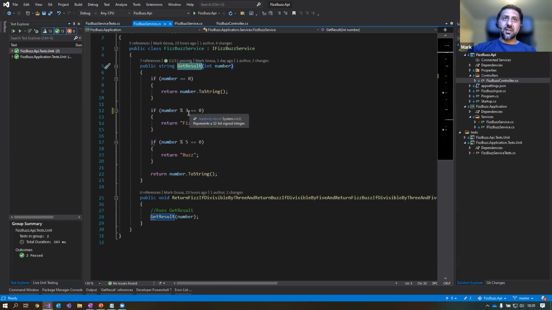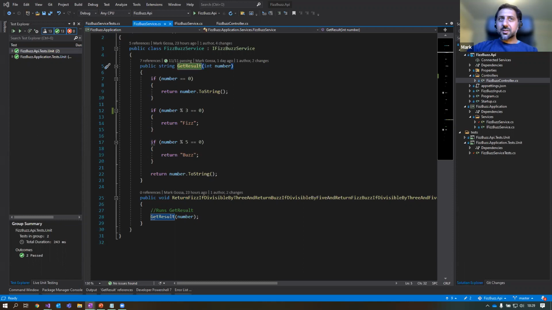Or if you give it any number divisible by 3, it needs to return fizz. And if you give it a number divisible by 5, it needs to return buzz. And if it's not divisible by 5 or 3, it needs to return the number. But there's another part to it. So if it's divisible by 5 and 3, it needs to return Fizzbuzz. So that's the code that we need to implement.